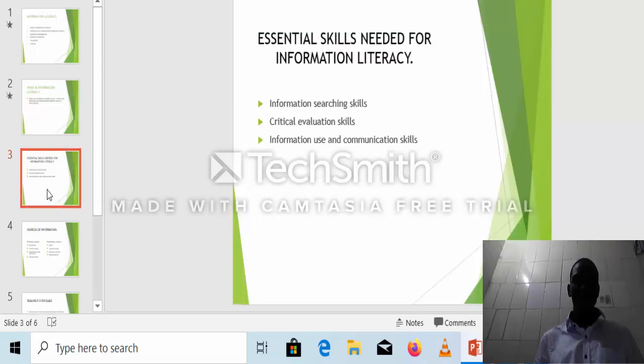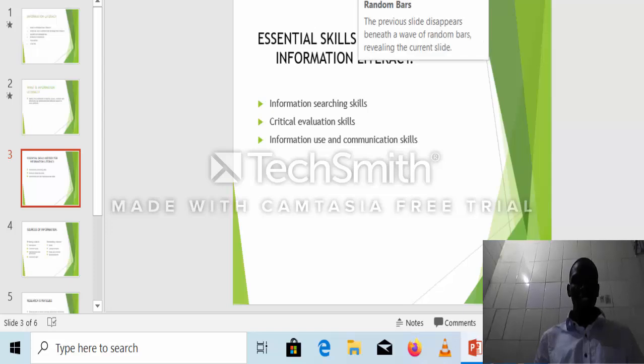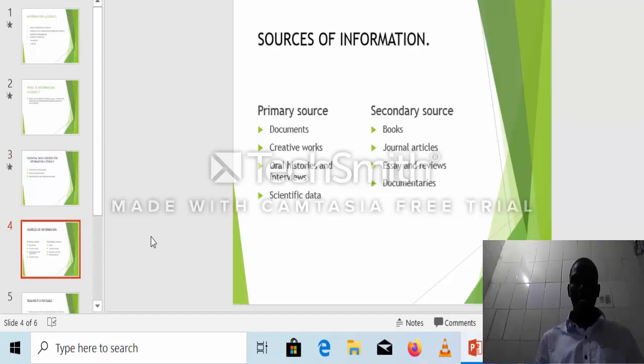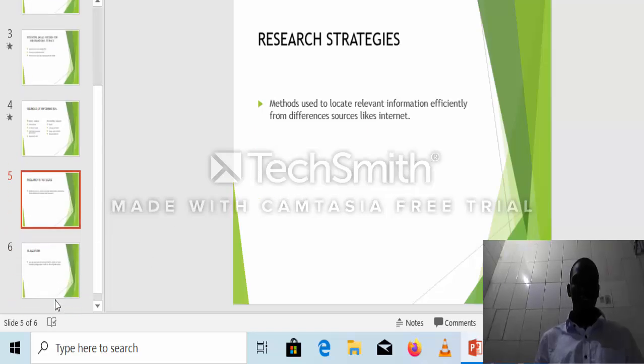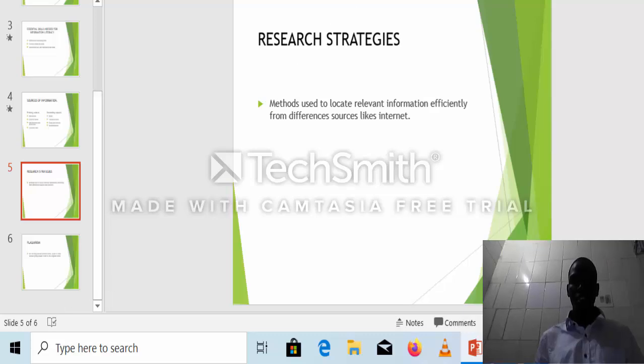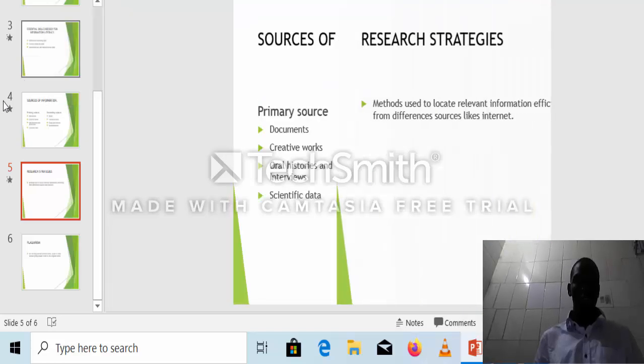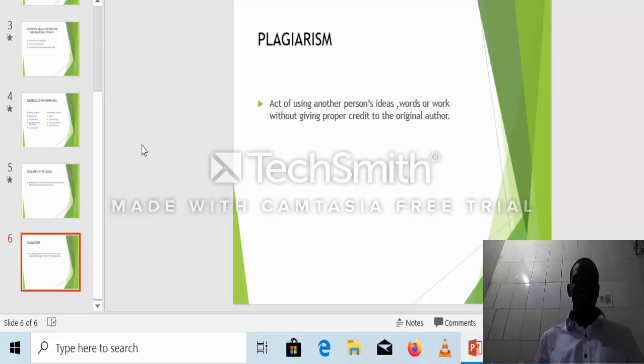Then for slide 3, we shall use random bars. Then for slide 4, we shall use push. Then for slide 5, let me choose another one. We shall use cover. And then for slide 6, we shall use, let me see from here, uncover. Now after applying it all,